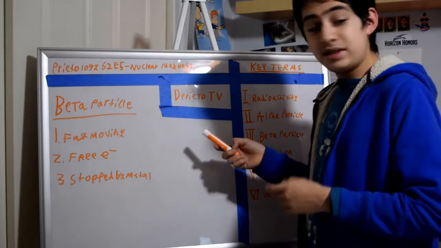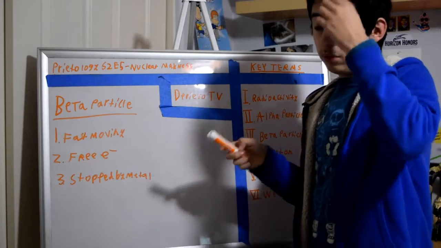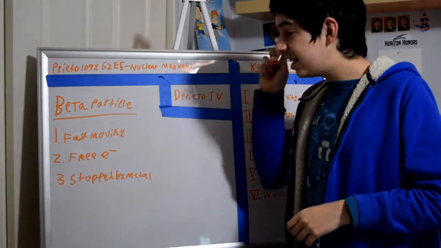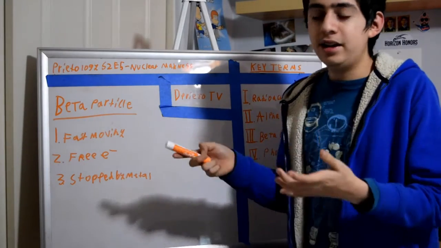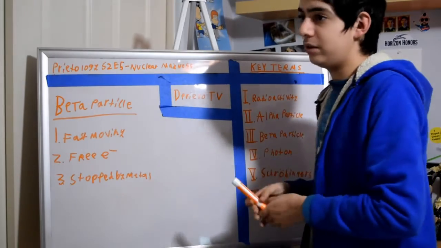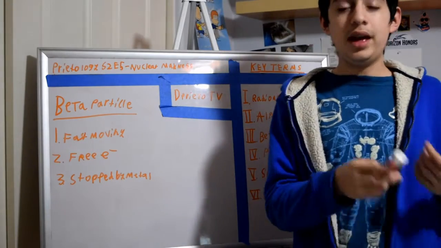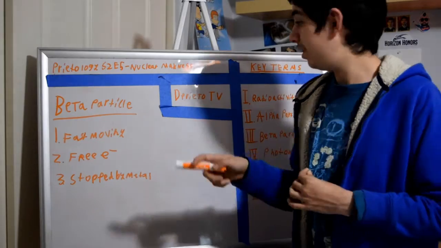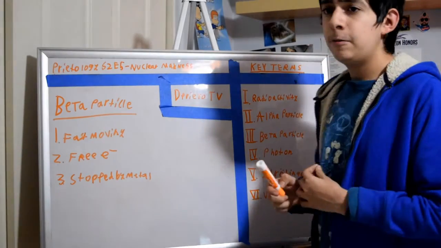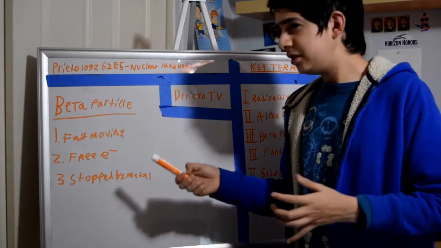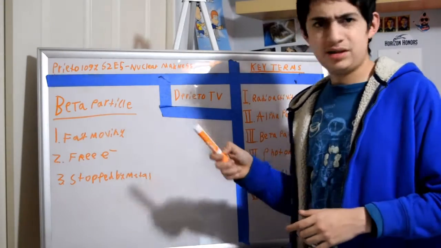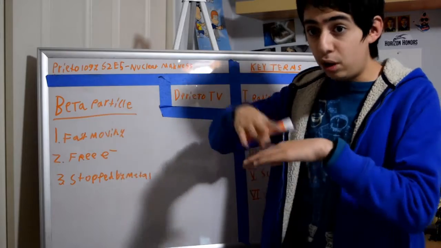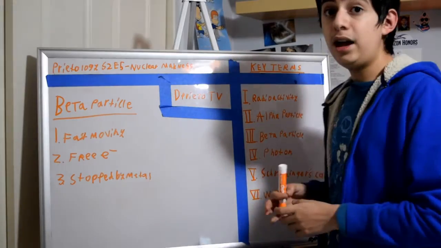Fun fact, the mass of this is 9.109 times 10 to the negative 31 kilograms. You might think, hey, 9 for the beta particle is greater than 6 for the alpha particle. Why this is lighter is because of the exponent that goes with it. The alpha particle was 10 to the power of negative 27, and this one is 10 to the negative 31. So the negative 31 makes it much, much smaller than the alpha particle.